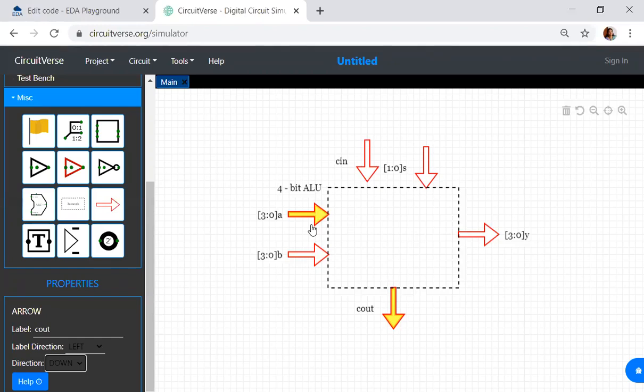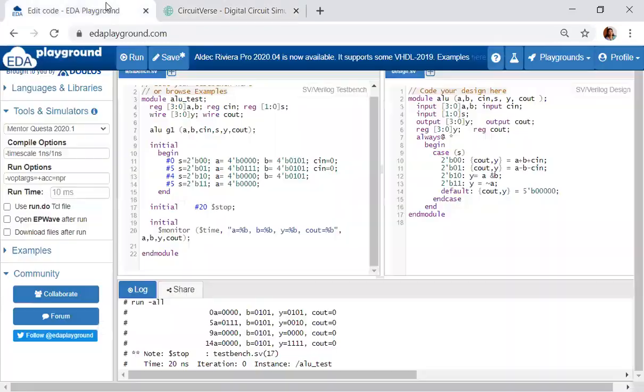Now this is all with respect to the ALU in the behavioral model. Now we have to write the program for the ALU in the gate level model. Whenever you are writing the program for the gate level model, you should have the program for addition. 4-bit addition is nothing but a ripple carry adder. So we should have that program over here clearly, as a module.